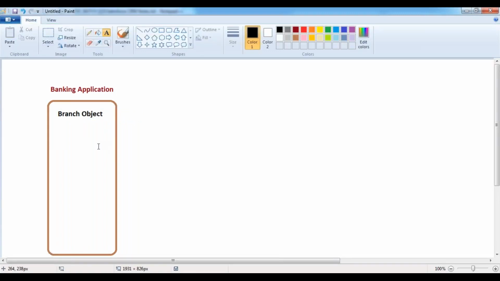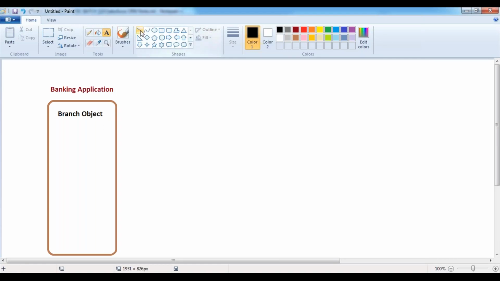Because when coming to my bank, we have so many branches. Like in SR Nagar, 1 branch. In Hyderabad, 2 more branches. In Bangalore, 4 branches. In Mumbai, 7 branches. In Delhi, 10 branches. Like that, we have so many branches available. Every branch will have a branch code, an IFSC code or MICR code number. And then we'll have the branch contact number, branch address, branch manager. Like that, it has so many details. To store all this branches information, we need that branch object.